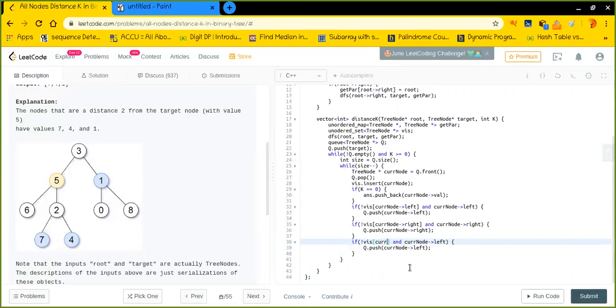So in that case, if visited of get parent of current node is not visited yet, and get parent of current node exists as well, then I will push that. Okay, cool. So yeah, this is it.